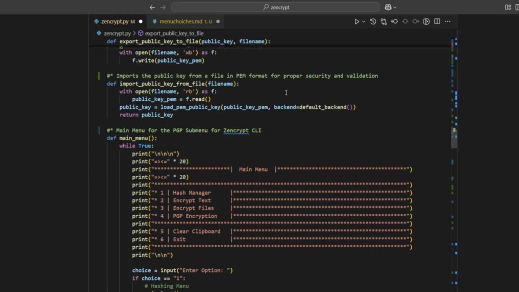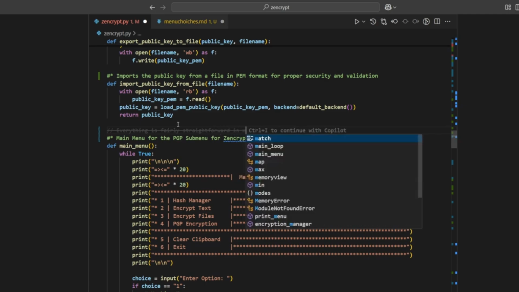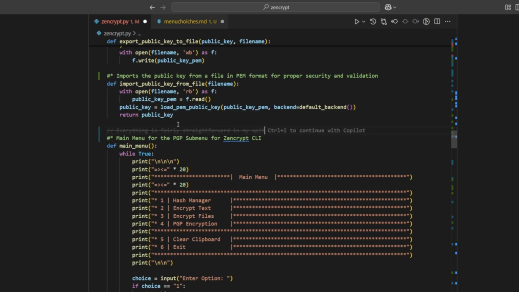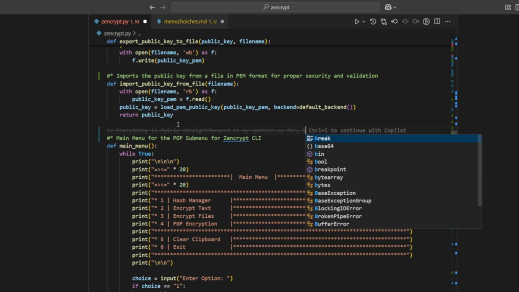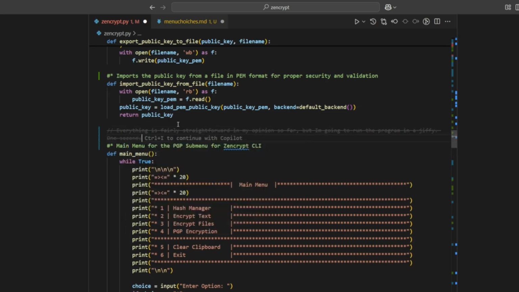But that's the function to export the public key. It'll ask you what you want to name it, and then the user will type out the name, then it will write out the key to wherever the user wants to save it, and then vice versa with the function to import the public key from file. It will read the file based off of wherever the user says or inputs that the key is. So here I'm saying everything is fairly straightforward in my opinion so far, but I'm going to run the program